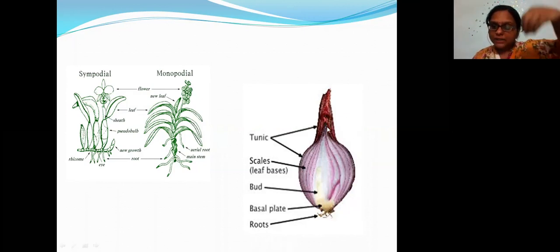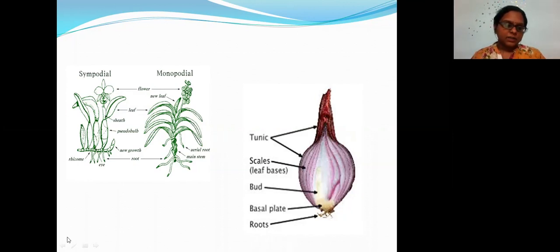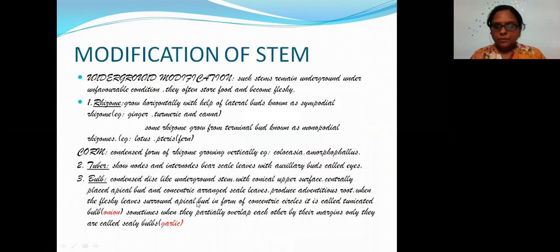And the top part, this tunic area, is converted into the spring onion, right? You can see why we get that spring onion, because you have a central bud, the apical bud. From this bud only the green spring onions emerge. So one thing to keep in mind is the apical bud. They have centrally placed apical buds.